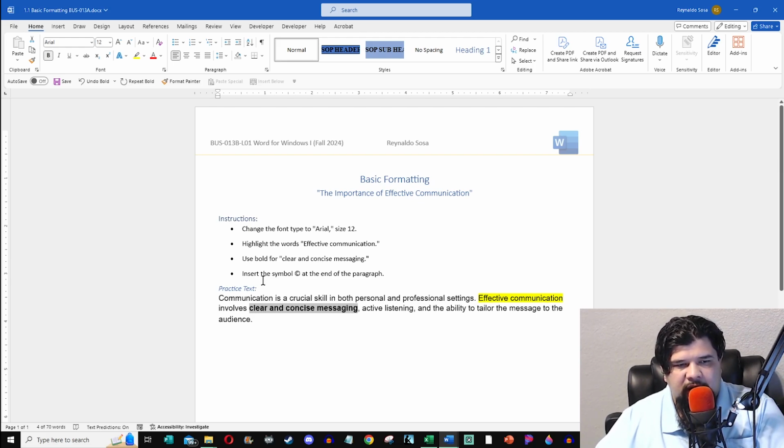So we're going to insert now the symbol C at the end of the paragraph. So let's go to the end of the paragraph right here. We've got our cursor blinking right here, right? There's where our cursor is at the end of the paragraph. And we're going to look for symbols, okay? You could probably search it, symbols,